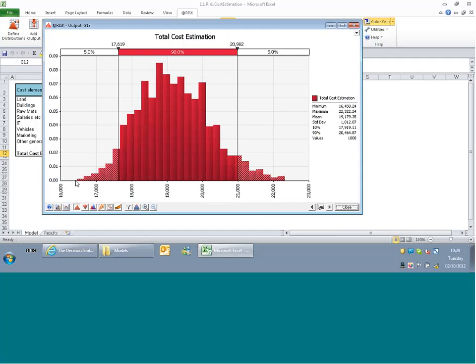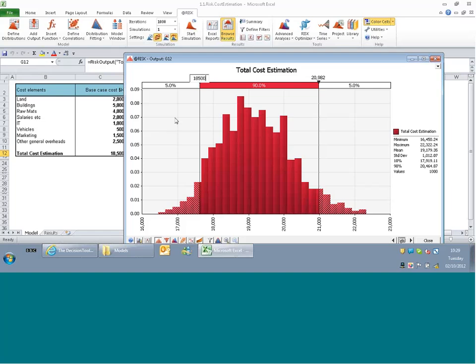So what we've got here is really the sum total of those 1,000 scenarios. Along the x-axis, we've got the range, in this case between 16.4 and 22.3 million. The height of the curve shows how likely it is that a particular value might happen. So if I want to find out the probability that my actual total project cost was equal to or less than 18.5 million,